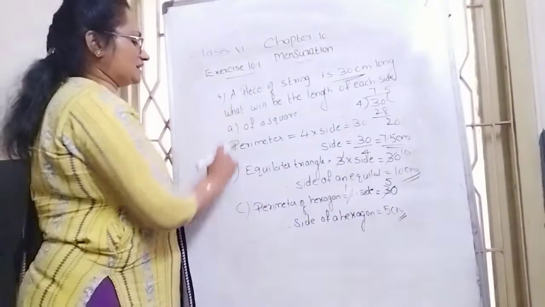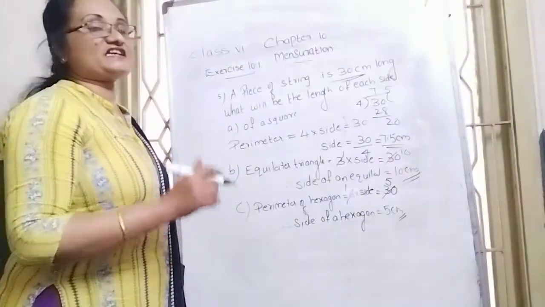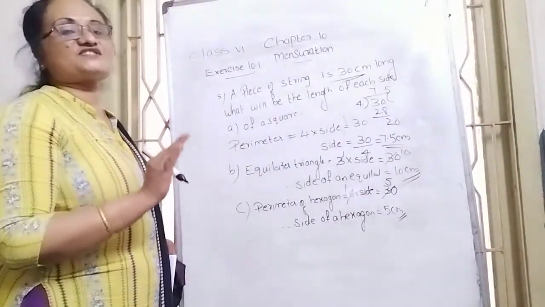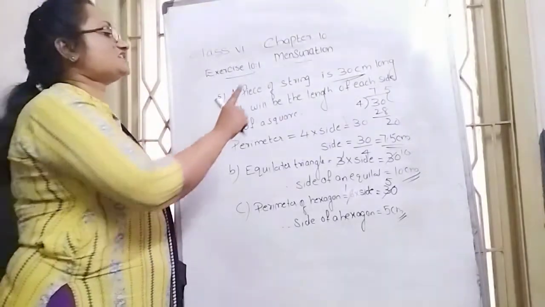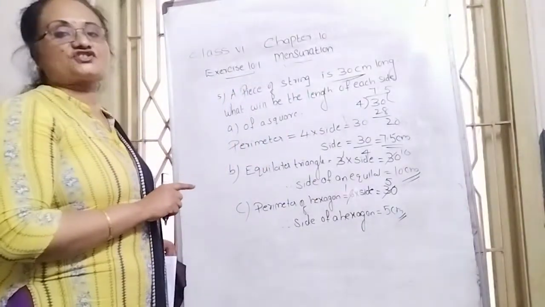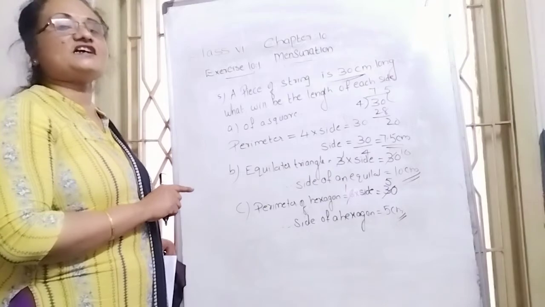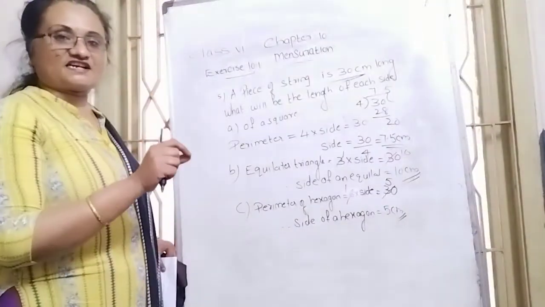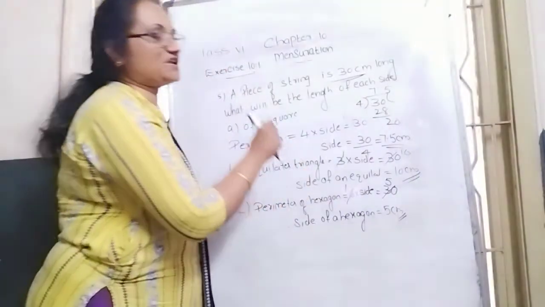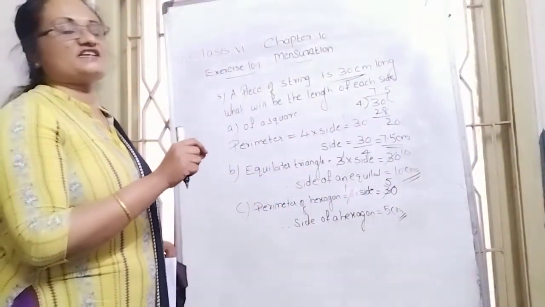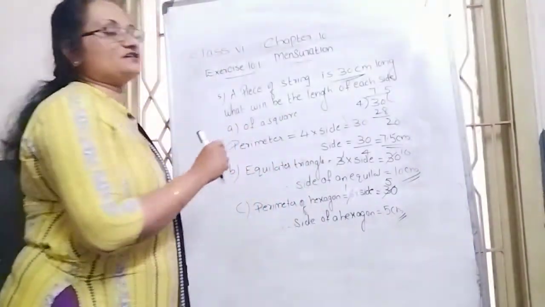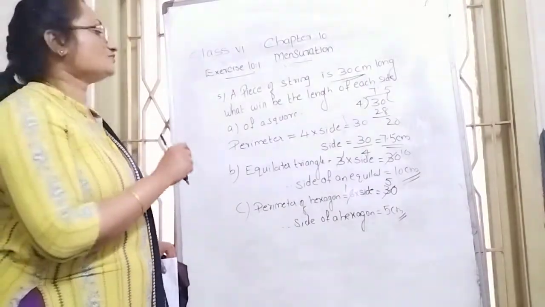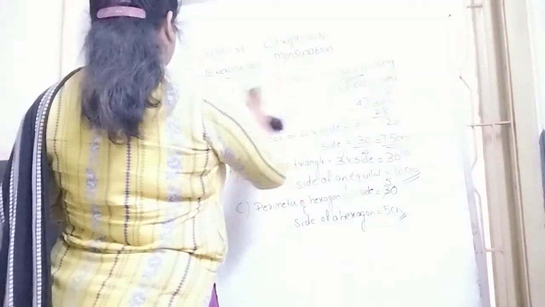I hope you understand here. In the 5th question, the 3 parts are 3 different shapes. For those 3 different shapes, they ask the side, with perimeter equal to the length of the string. Using that string measurement, the first diagram is a square, find one side value. The second diagram is an equilateral triangle, find one side measurement. The third, C question, is finding the side of a hexagon. That is the 5th question.